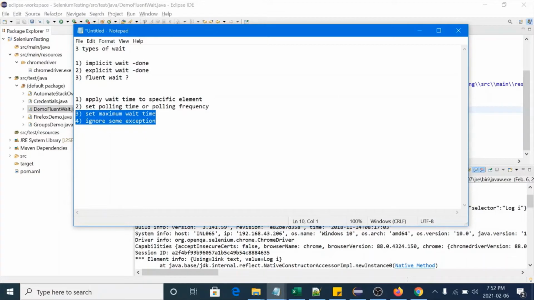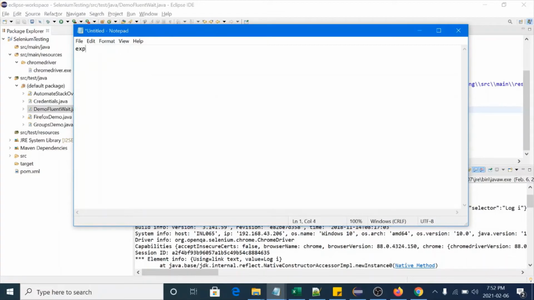In explicit wait, let's say we apply 30 seconds of explicit wait. So the maximum time is 30 seconds. At a time t, Selenium checks whether the element is present on the screen or not. If the element is present, it will click on the element and continue.